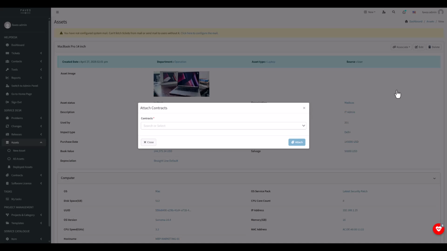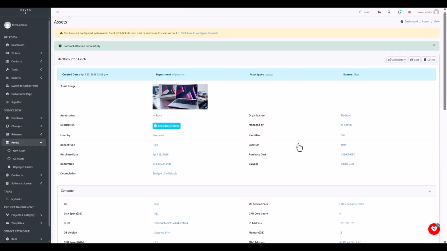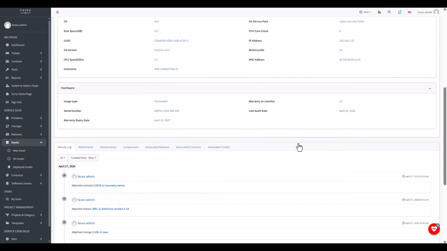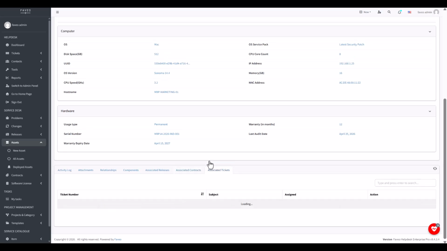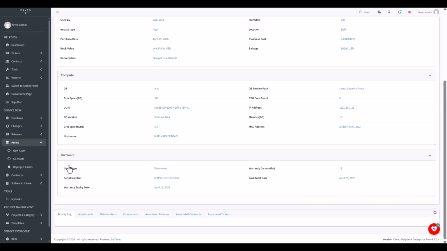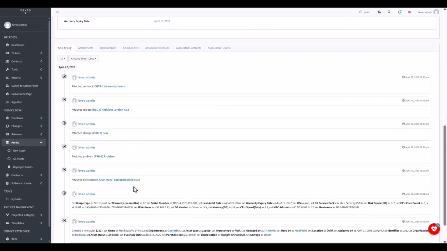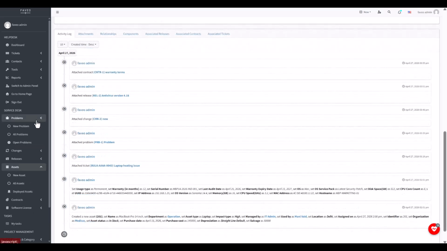For example, warranty agreements, vendor support contracts. Make sure these records are created before you link them to any particular asset.